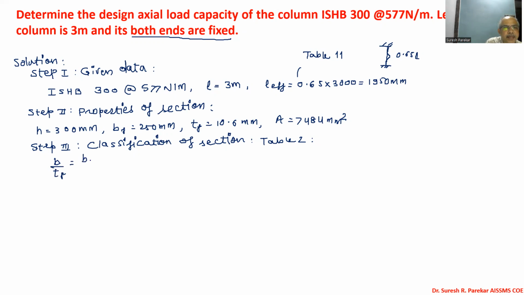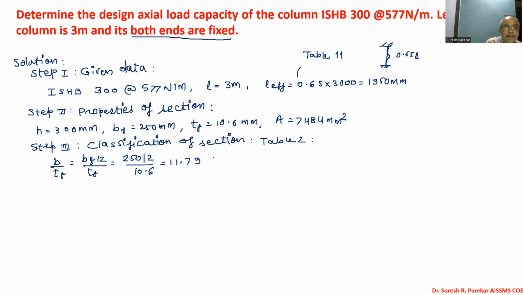B is BF by 2 by TF, and BF we have 250 by 2 upon TF 10.6, and we have this value, that is 125 divided by 10.6, 11.79,